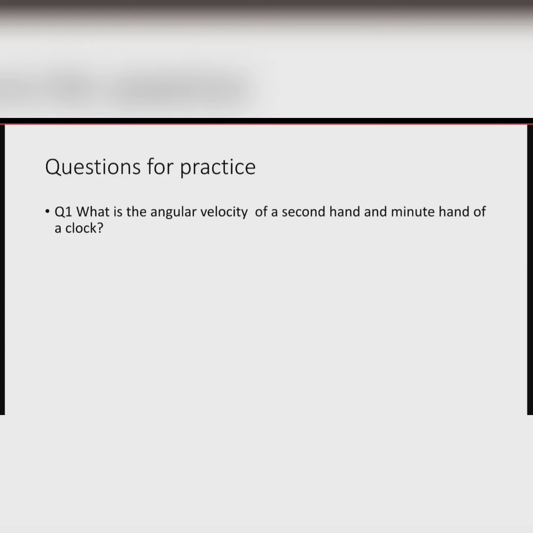But we will not take angular displacement in one turn to be 0. We don't take it because, let's consider it, we call it displacement, but it is actually the distance covered. So what is the angular displacement of a second hand of a clock? Ma'am, a second hand takes 1 revolution in 60 seconds. Yes. So tell me the angular displacement. 1 revolution would be what? 360 degree. Ma'am, 2 pi radian.